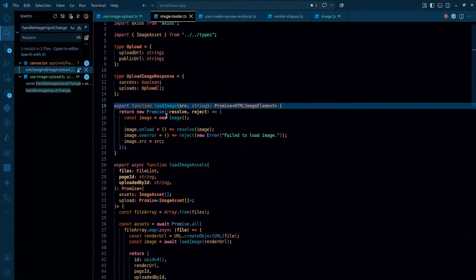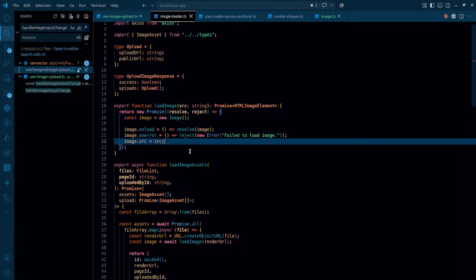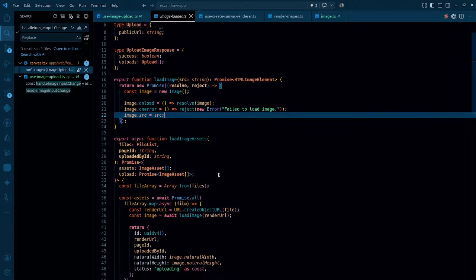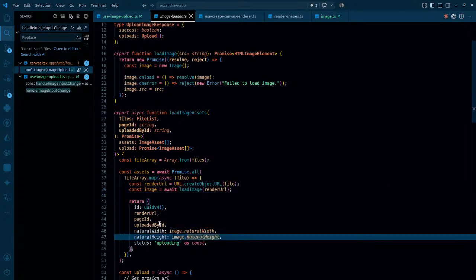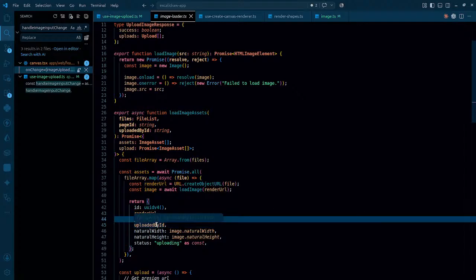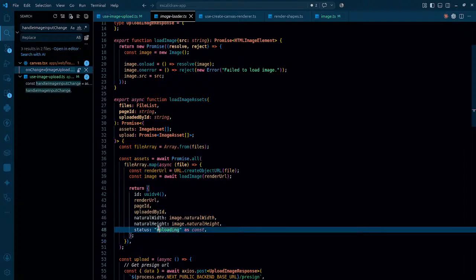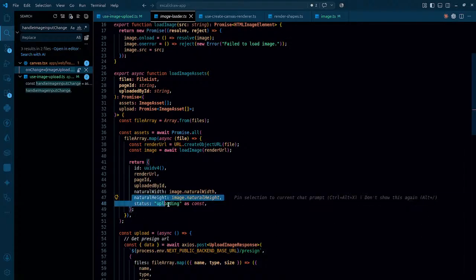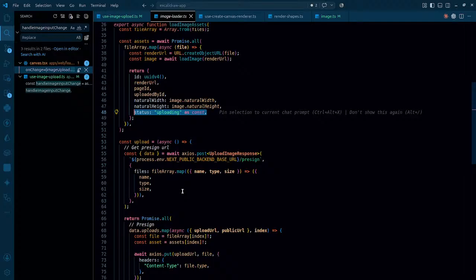So the promise image on load resolve, otherwise reject. That is also fine. Image.source is definitely gonna be in there. Then we got the image over here, that is the loaded image. After that, image.natural width and all, and the render URL is gonna be here. Page ID is gonna be here. In fact, ID is also gonna be there. As for this uploading, why do we have uploading in here? Anyway, after that, when it comes to this upload, so whenever this is called,